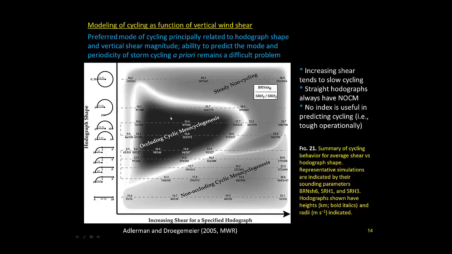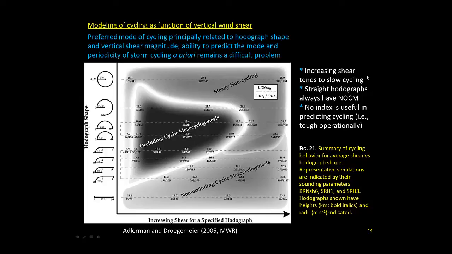Third thing we'll do is start here on the left where you have quarter to half circle hodographs and then move to the right. You see fairly quickly you're into the occluding cyclic mesocyclogenesis, and as you go further to the right, eventually you get to steady non-cycling. So, synthesizing all of this into three take-home points from their study: